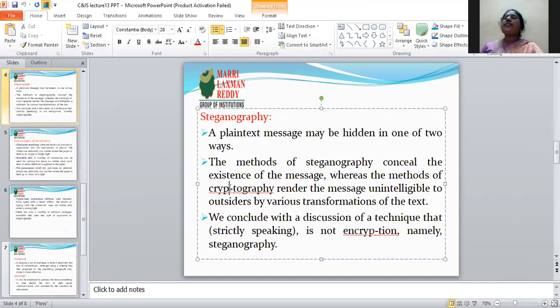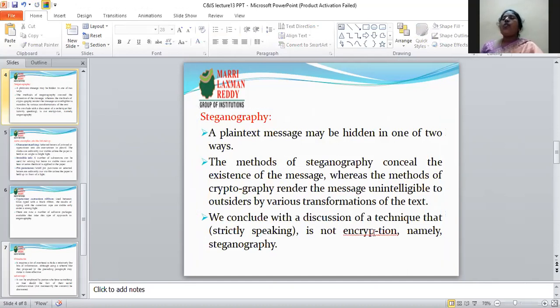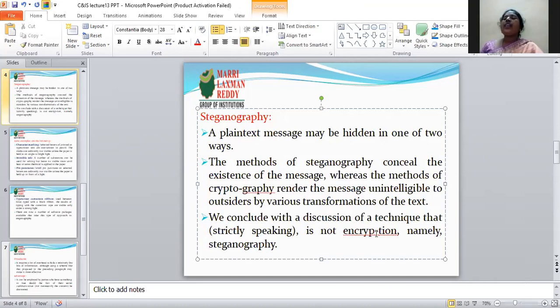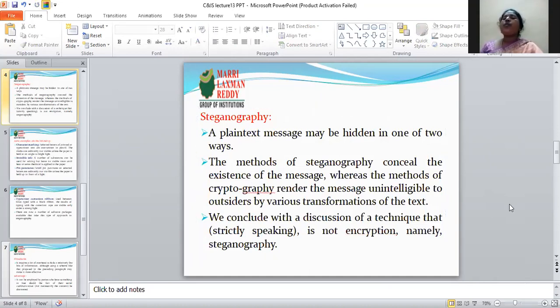These methods of steganography conceal the existence of the message, whereas the methods of cryptography render the message unintelligible to outsiders by various transformations of the text. It consists of different types. It is not an encryption method, strictly speaking, it is only steganography.